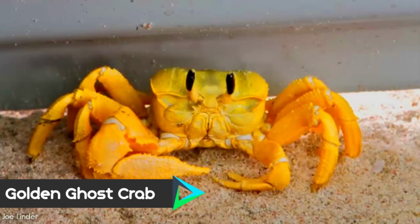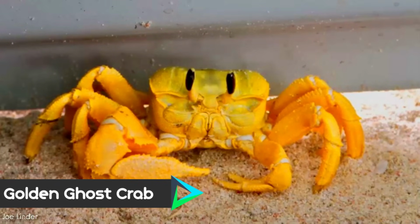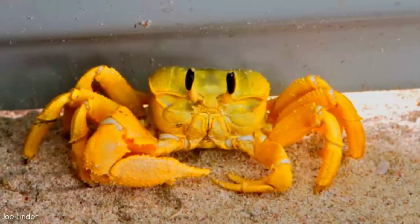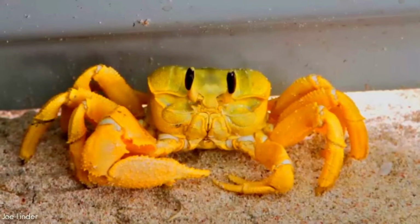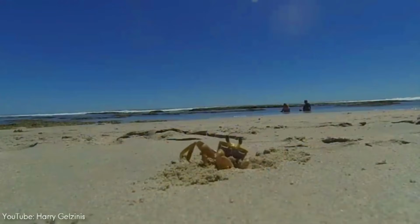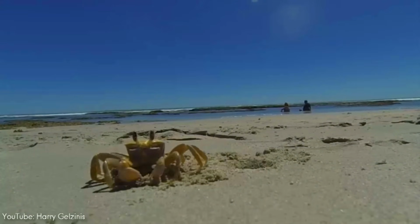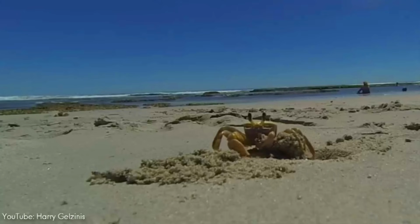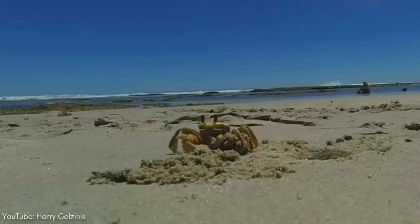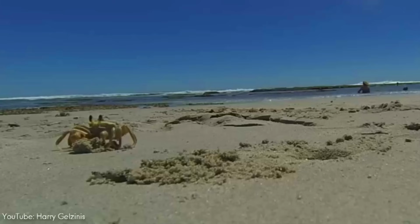Number 5. Endemic to the coast of Western Australia, the golden ghost crab, or yellow ghost crab, is relatively large among ghost crabs, with a carapace growing up to 5 centimeters wide. Like other ghost crabs, they have box-like bodies with unequally sized claws, but this species is easily recognizable by its golden yellow coloration. Inhabiting open sandy beaches, living in burrows in the intertidal and supratidal zones, these crabs are actually